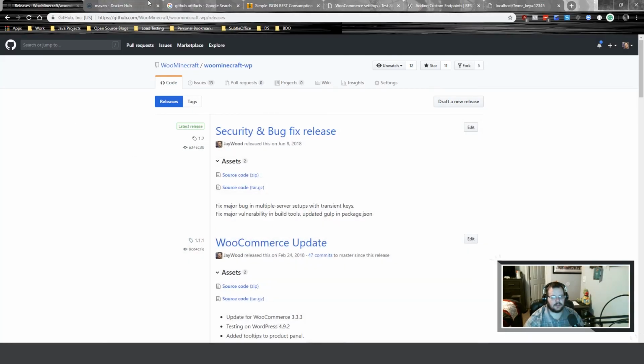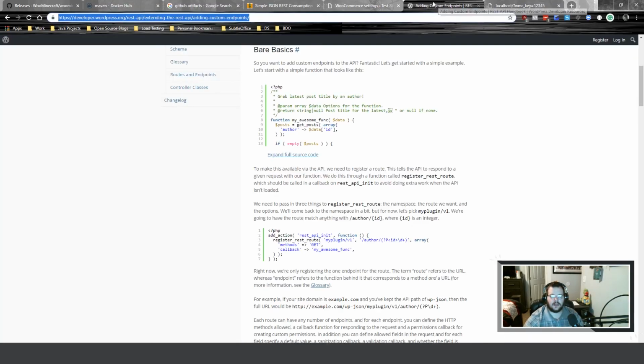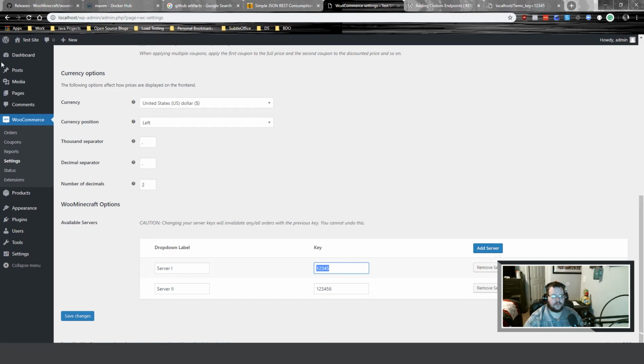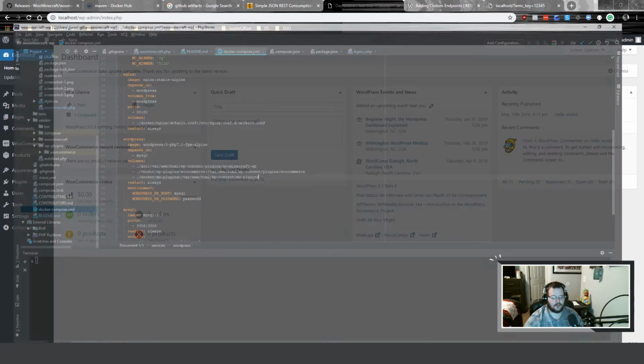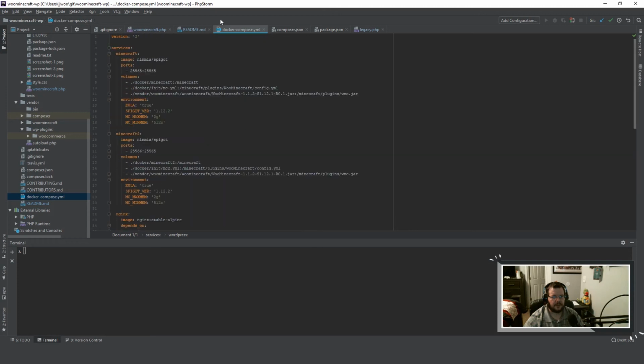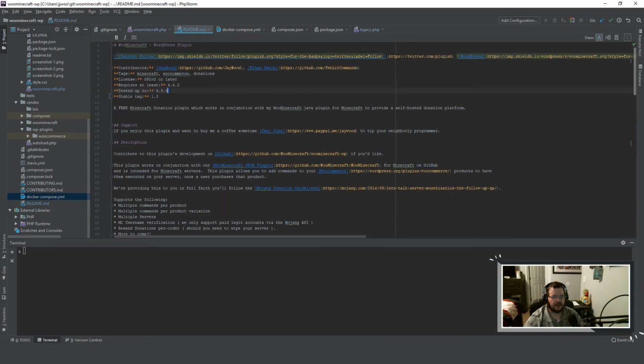Just look, Jay. Just look. Dashboard. 5.0.3. So yeah, now I need to update the README to also 5.0.3. I'm actually going to require